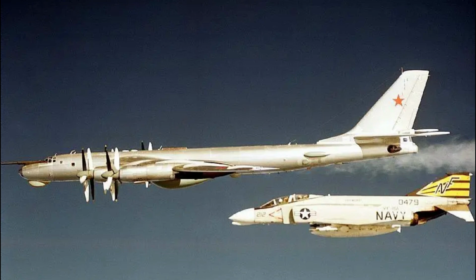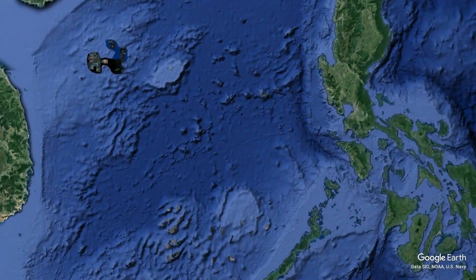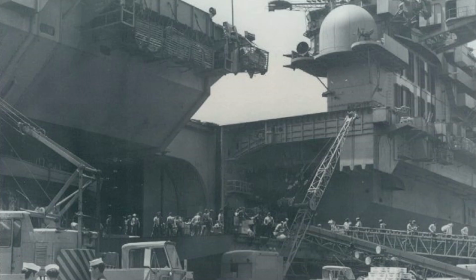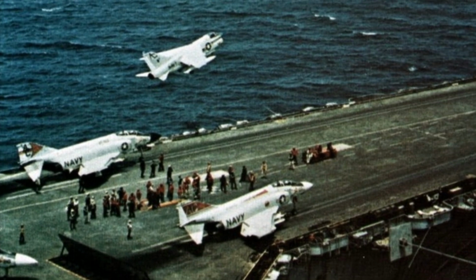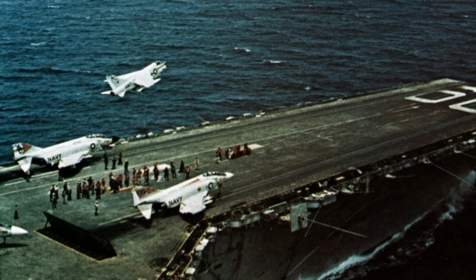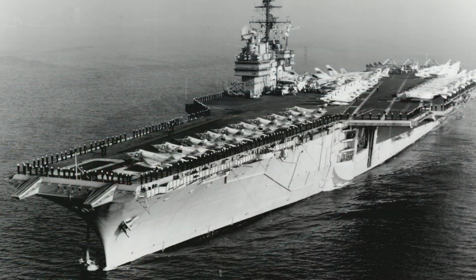8th of May 1972, and Saratoga arrives at the Philippines and the Subic Bay Naval Base. She would spend 7 days there replenishing her stocks and supplies before departing for Vietnam, arriving at Yankee Station on the 18th of May. From here, she would launch her aircraft for strike missions over North Vietnam, and for the remainder of the year she would find herself on station several times, and she was also reclassified as a multi-purpose